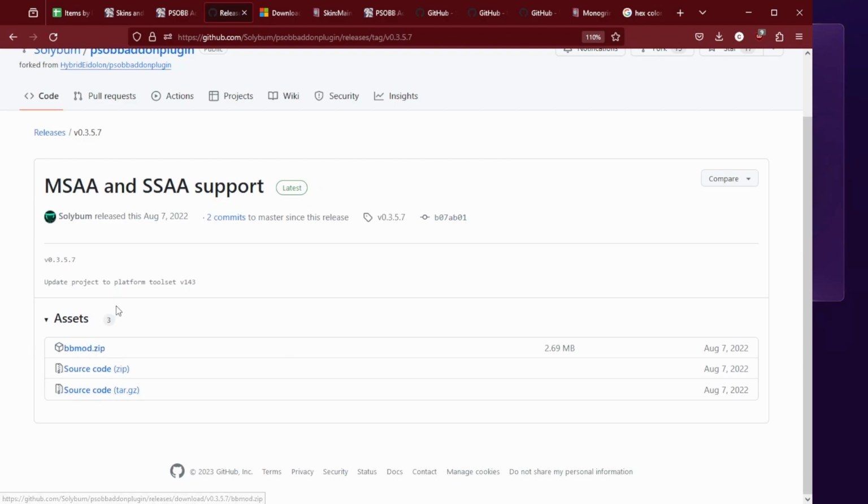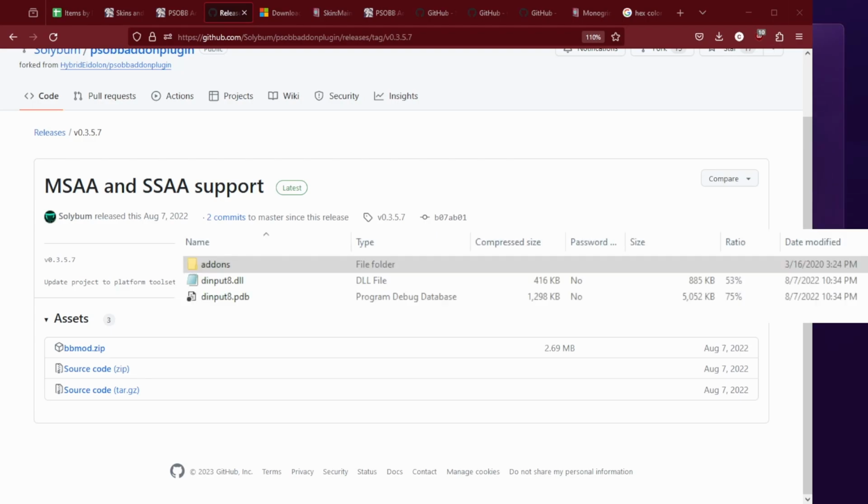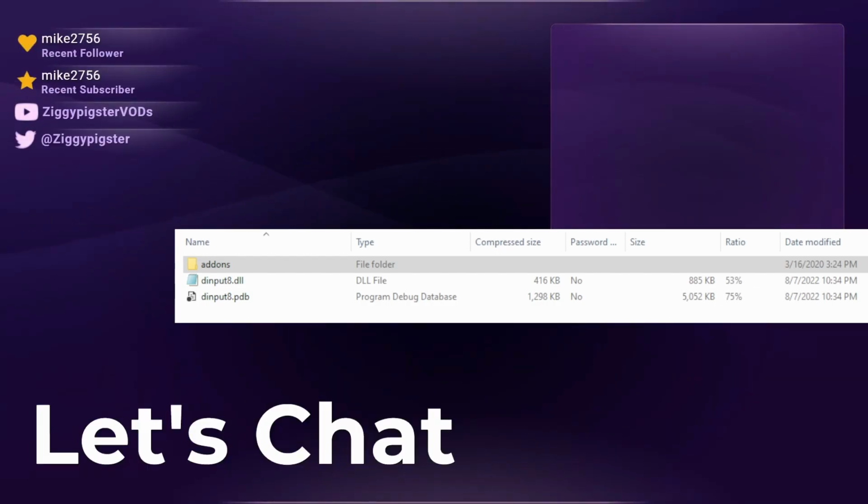So there's 3 different options. Just click on BB mod zip. I've already gone ahead and downloaded this, so we don't need to wait for the download. So let's pop it up on screen just for you. When you get the download finished, you're going to see that there's 2 files sitting by themselves and a folder called Add-Ons. So fortunately, all you have to do is copy those 3 files and folders, excuse me,